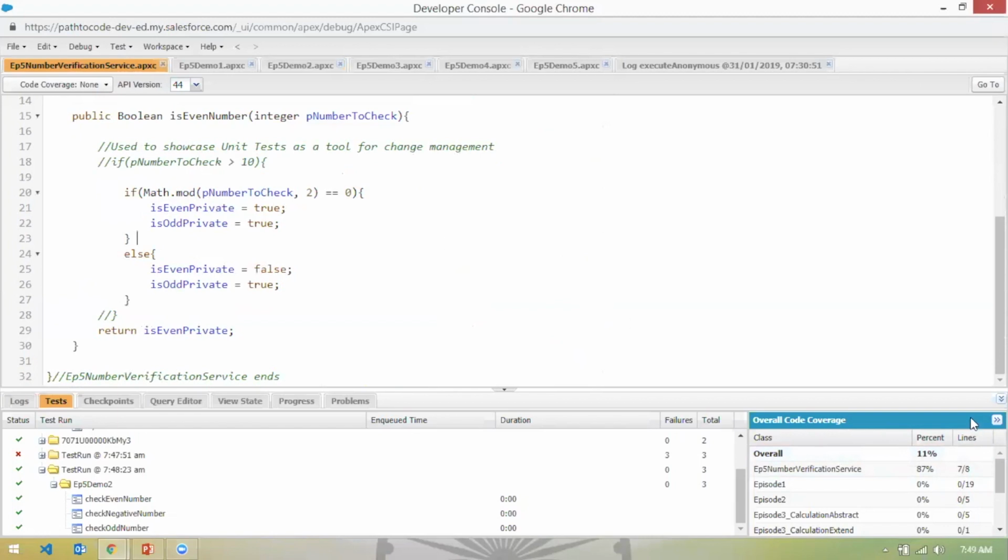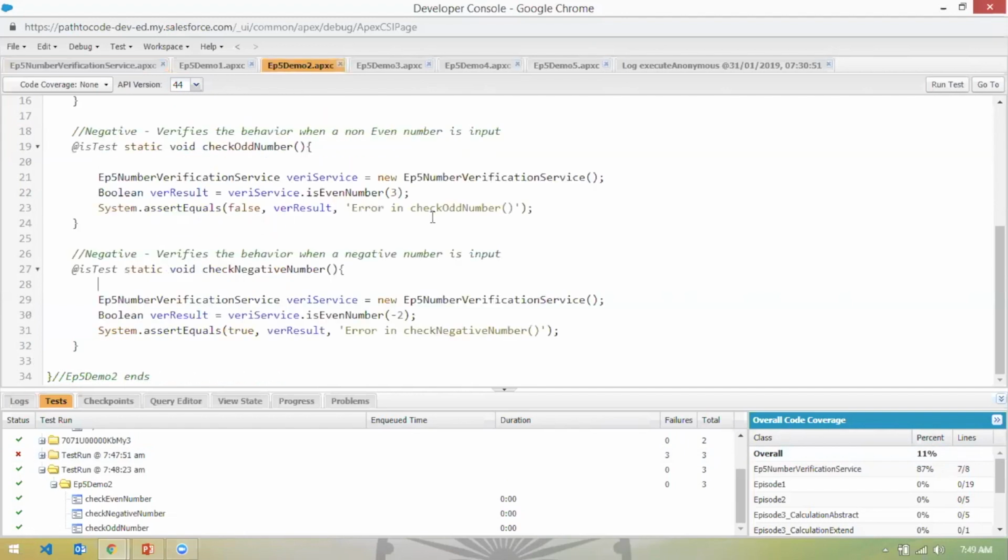So those are not really counted as valid lines of code. Let's say if you have 10 lines of code, out of which 2 are debug statements, it actually will not count them. So now if I go back to my demo,